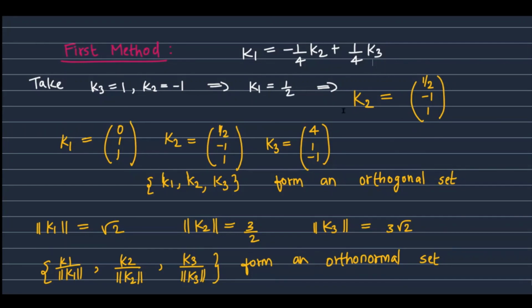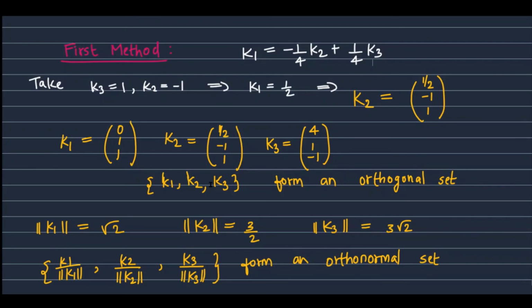Now we can see that this vector is orthogonal to K1 as well as to K3. K3, which we first got, is the eigenvector corresponding to the eigenvalue lambda equal to 9: 4, 1, minus 1. K1 and K2 are eigenvectors corresponding to the repeated eigenvalue minus 9. If we give arbitrary values, they need not be orthogonal, so we have to choose the values in such a way that the vectors become orthogonal. Now K1 dot K2 is 0, K2 dot K3 is 0, and K1 dot K3 is 0.